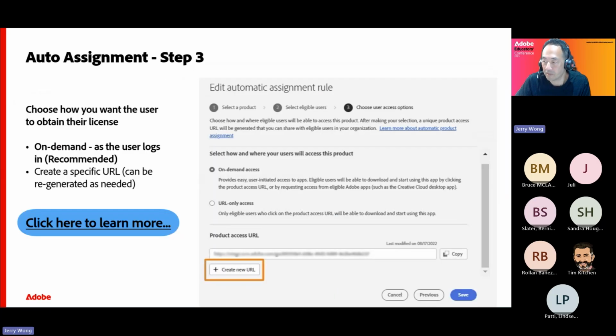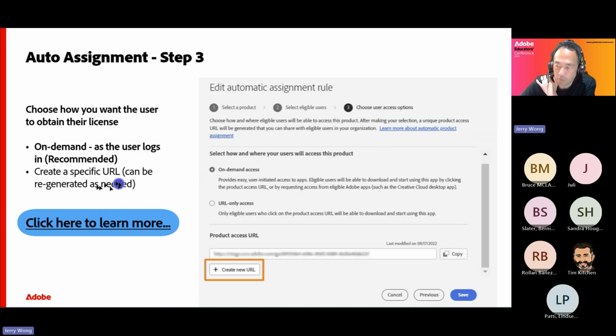So from there, the last step really is to decide, do you want it to be on demand, where you allow the user to just get the license as they log in, or the system will automatically still generate a URL for you, a shortcut URL that you can use to distribute if you want to restrict and isolate who you're providing the license to.